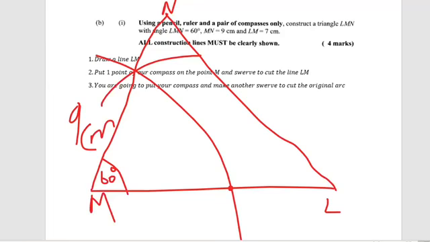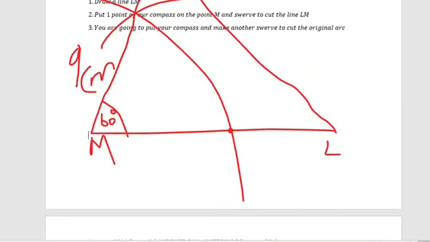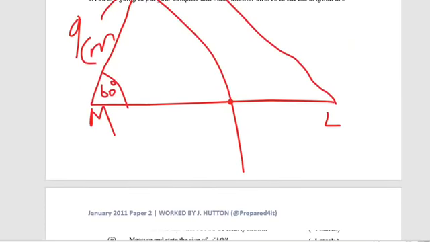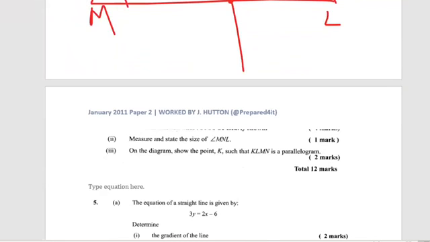Sir, that is what our construction will look like, a beautifully drawn triangle. So part 2 now says measure and state the angle of MNL. When I did it today, what I got for MNL, which is what you will get when you try it on your own, so you can write this one down, as I cannot measure it on the screen to show you. You should get